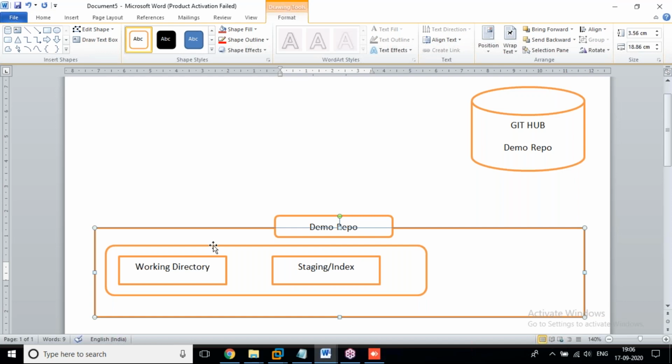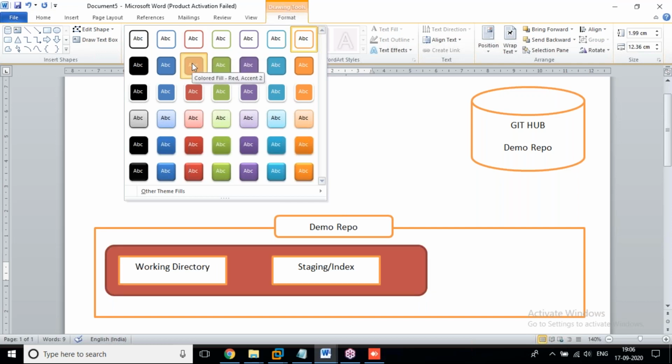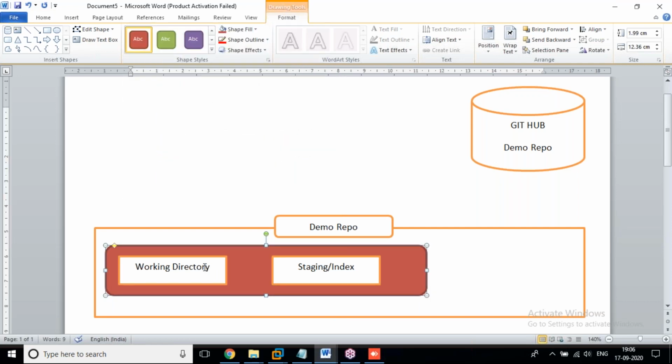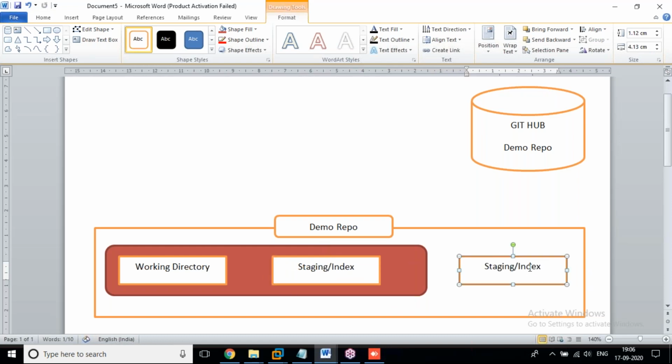See, it's called a working tree. In this working tree we have the working directory and staging, and we have one more layer in this repository. It's called committing, or the local repo.